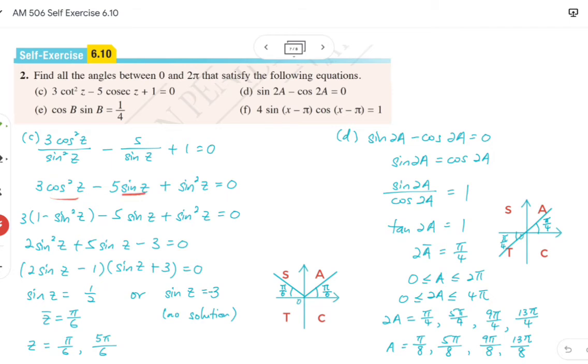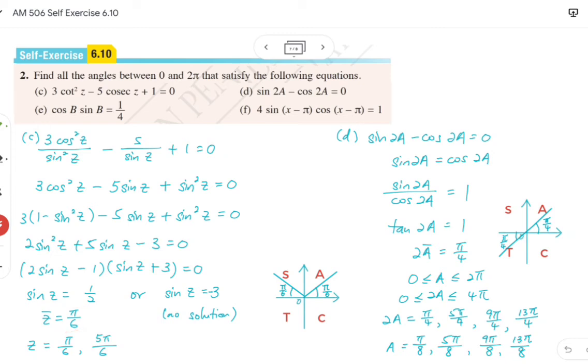And we have two different functions, which are cosine z and sine z. So cosine square of z we can express as 1 minus sine square of z. Then we will have only a single function of sine z. After simplifying everything, we get 2 sine square z plus 5 sine z minus 3 equals 0. Then factorize, we get sine z equals 1 over 2 or sine z equals negative 3. For sine z equals negative 3, we have no solution. But for sine z equals 1 over 2, we get our reference angle z as pi over 6,